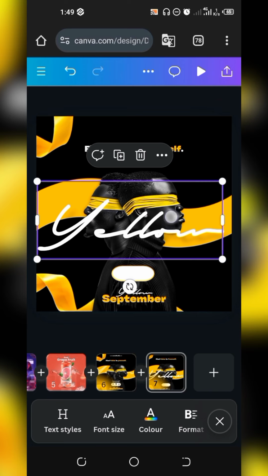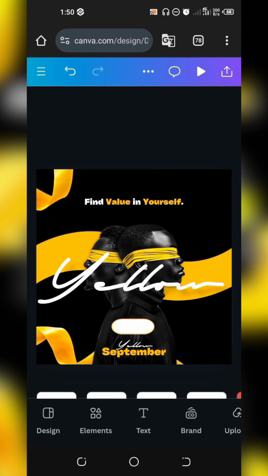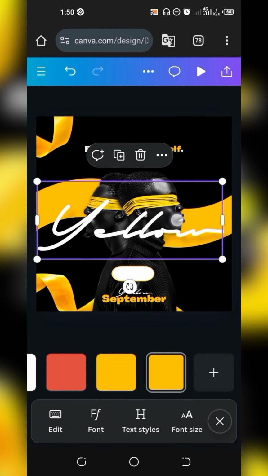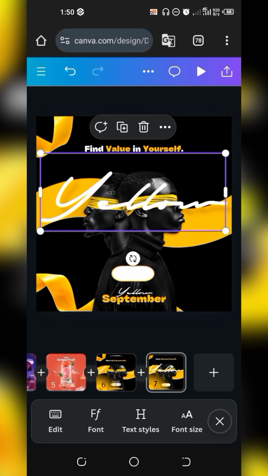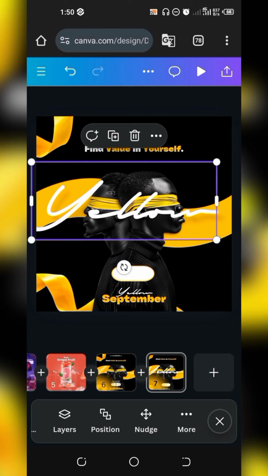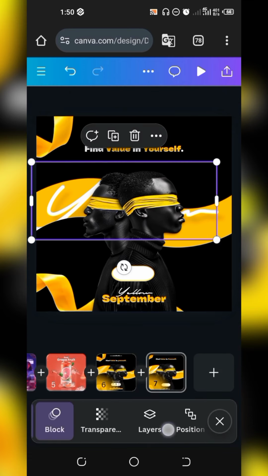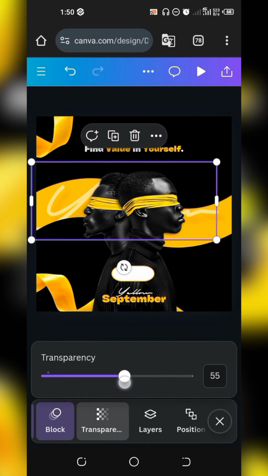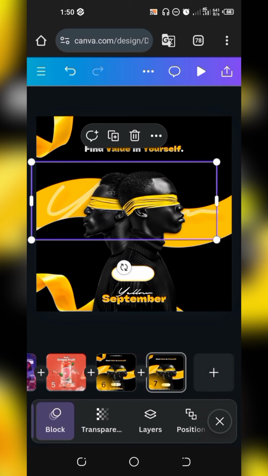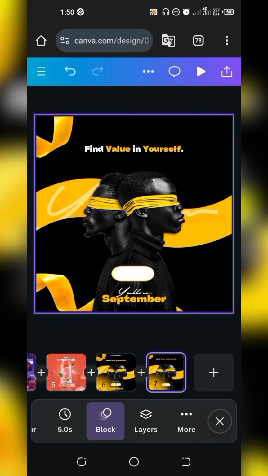Let's see if it will tally with the previous one on the other design. Okay, so what you want to do is go over here, move this up like so, then go over to position and take it to back. Then having taken it to back like so, go to your transparency and bump it down to 50. Now you see it gives the background this other classic kind of look. So let's check on the other one to see. Oh, it's actually smaller than the previous.